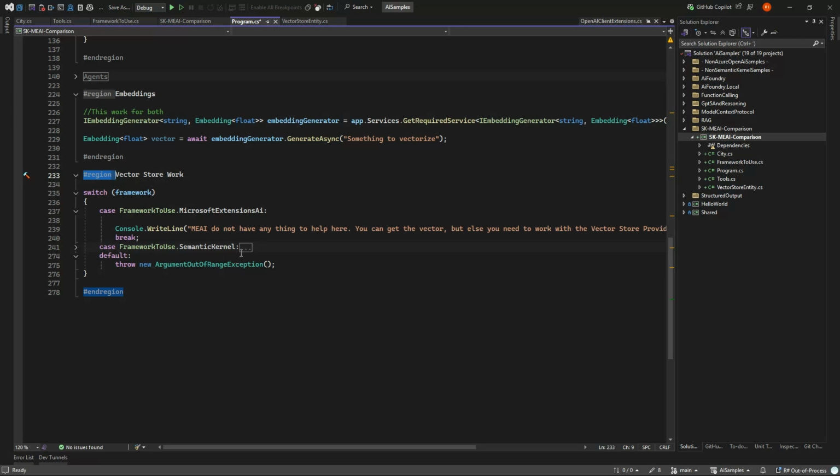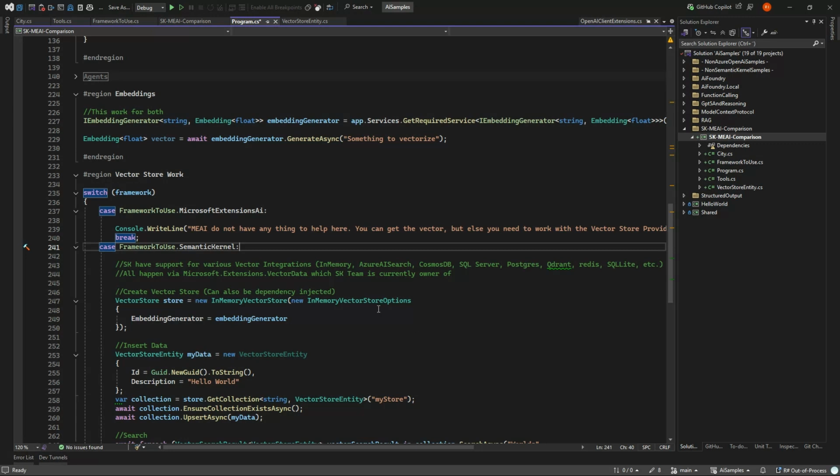When it comes to Semantic Kernel, they have created something called Microsoft Extensions Vector Data. And as you see in the name, it's about to become something that is not just Semantic Kernel specific, but the general way for Microsoft to do vector data. So it's an abstraction layer, just like Extensions AI and Extensions.DependencyInjection, Extensions.Logging and so on. But the only ones who are using this new package is the Semantic Kernel team, because they are the only one who have actually made connectors or integrations to it.